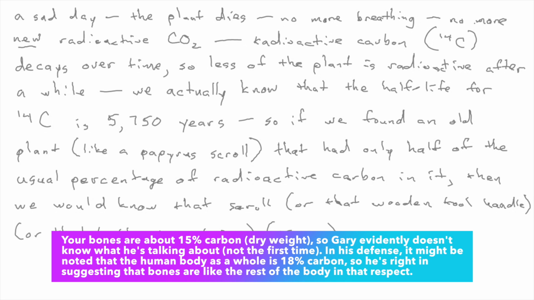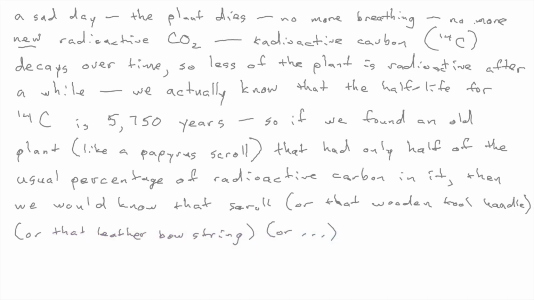And you wait a while and then you see, hey, what's the percentage? What's the proportion of radioactive carbon in this bone? Half as much as usual. Oh, then it's 5,750 years old. Only a fourth as much as usual. Oh, well, then it lost half. Now it's half. And then it lost another half. Now it's a fourth. So double this, 11,500 years old. Well, this one only has an eighth.